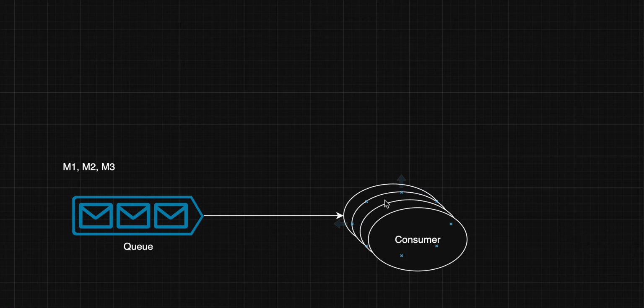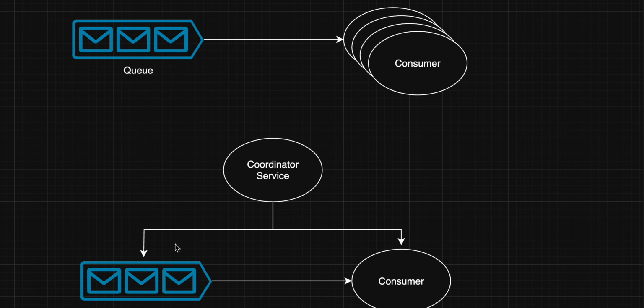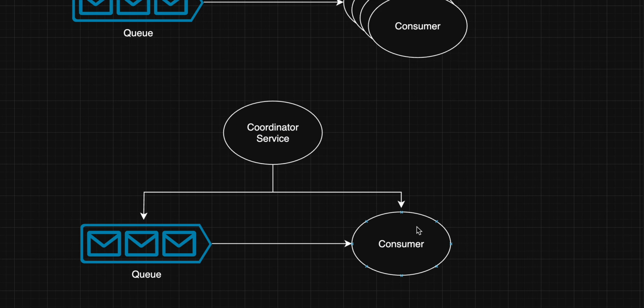So let's move on. If we have multiple consumers consuming from that queue, and also this queue is a single point of failure, how does Kafka help in solving all these problems? Let's see how it does that. Kafka doesn't have queues; it has topics. It works on a publisher and subscriber model. We publish messages in a topic, and those messages are subscribed to by consumers.